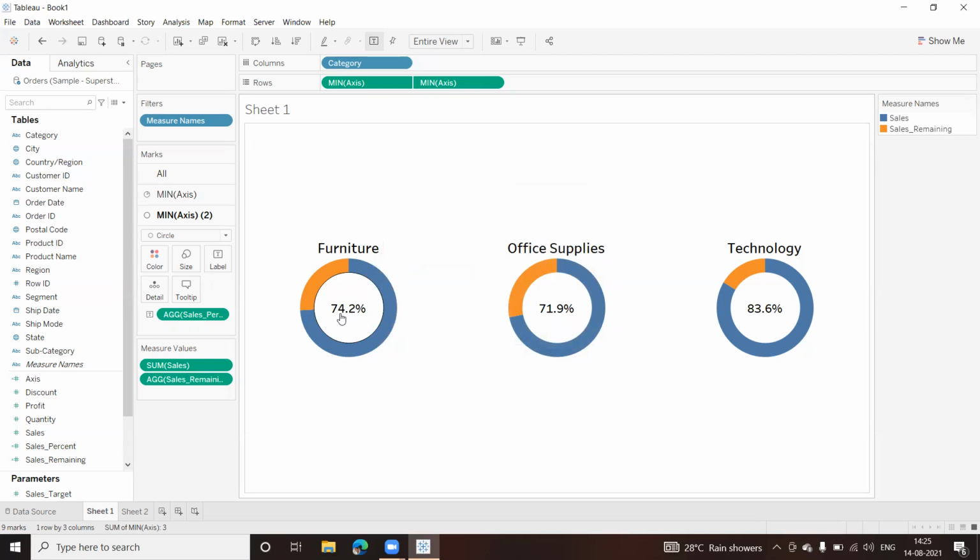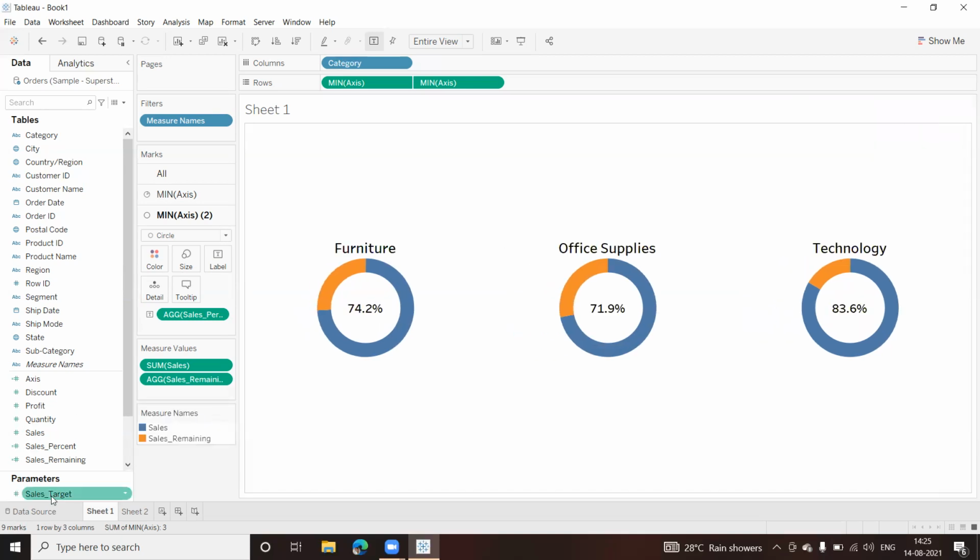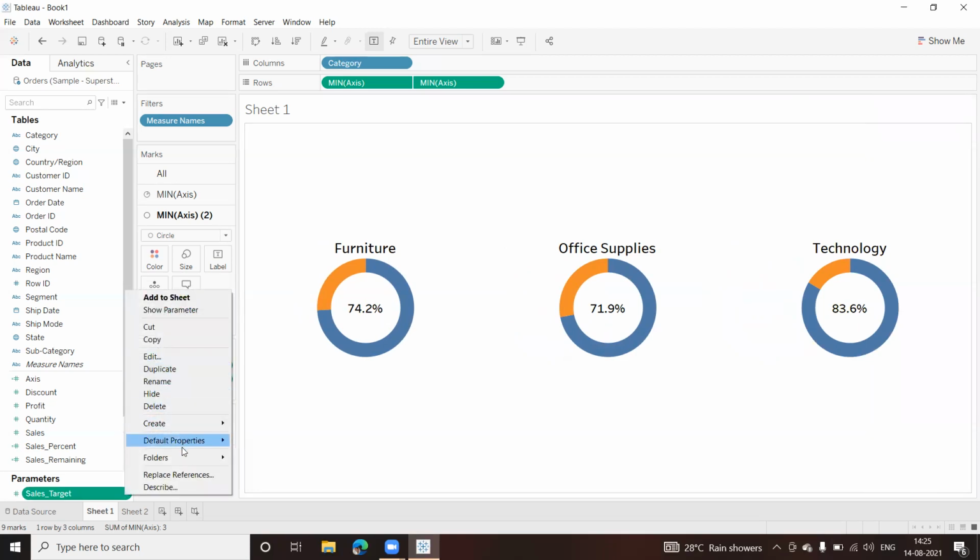I'm getting to know what the percentage is, and whenever I go to this particular pie, the circle, it gives me the total sales as well, which is remaining and what is achieved here. So like this, I can easily create a donut chart. If you want more formatting, you can also work that out. Let us remove this and the measure name and put it here, because I don't want this. And the sales target, there's one problem in this particular chart, especially. Let us click on show